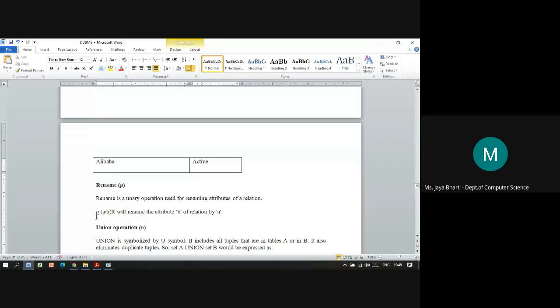So your query will be rho in brackets en slash employee name, close the parenthesis, employee, that is the table name. Whenever you have to refer to the employee name, instead of writing the entire employee name, you will just write en. Fine, that is the rename operation.